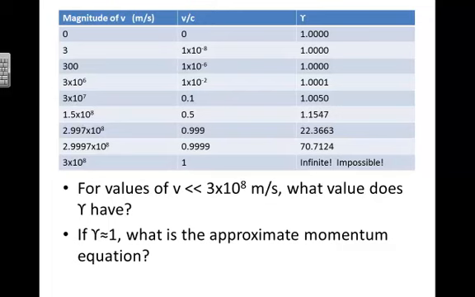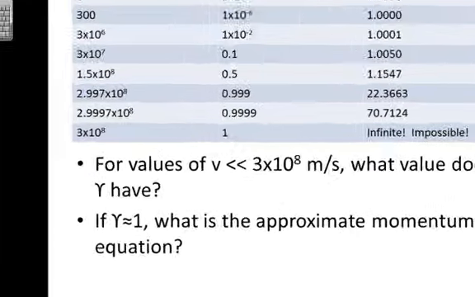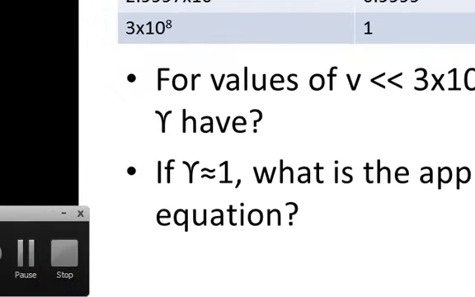Once we get up to, say, 99% of the speed of light, then we start seeing that gamma gets to be larger and larger and larger. And if we try to set the velocity equal to the speed of light, we see that gamma becomes infinite. That's an impossibility. That's something that just can't happen. So that's one of the reasons that we don't see objects being able to move at the speed of light,